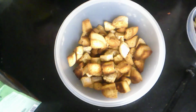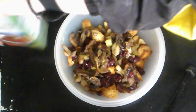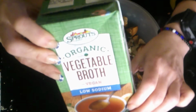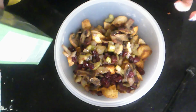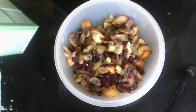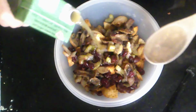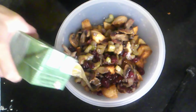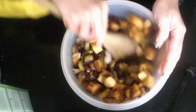Okay, so we're going to finish our stuffing. So, I have our cooked ingredients. Stuart, can you get me a spoon? And we're going to slowly start adding our veggie broth. I'm using low sodium veggie broth. And you just want to soften up the bread. I know that seems ridiculous because we just toasted the bread, right? And you're just going to toss the...